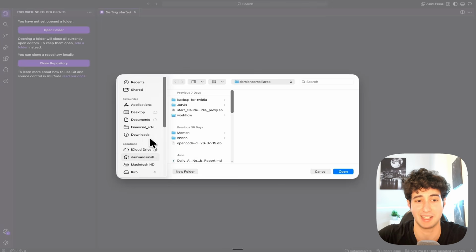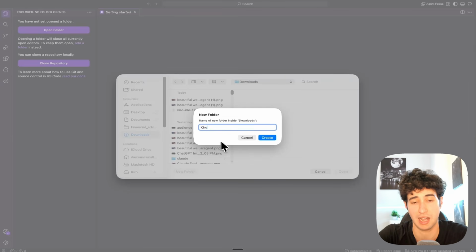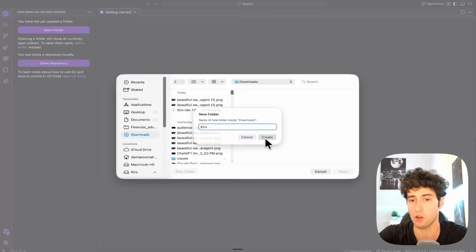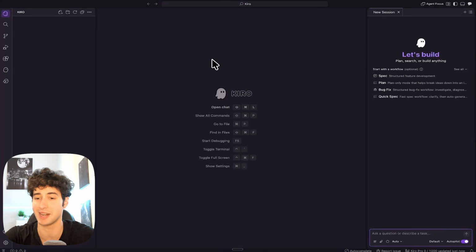So I will simply come over here and create a folder called Kiro, and I will simply select it, which now means that the AI will be able to create assets in that folder. This is the standard IDE interface. Over here we will have all the code that the AI writes. Here we will be able to review it, and here we have our AI assistant,